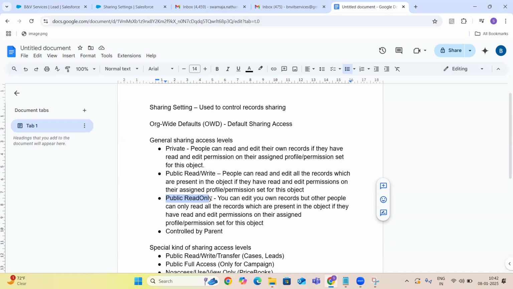That means your records are still available for others, but they can just read them, guys. Public read write means it is available for others and they can read and write it. Private means the records themselves are not available. Private, public read only, and public read write.